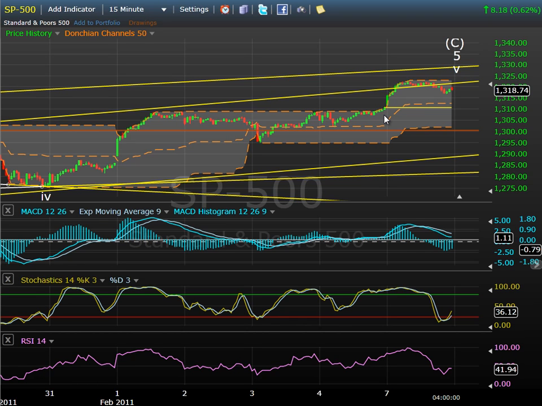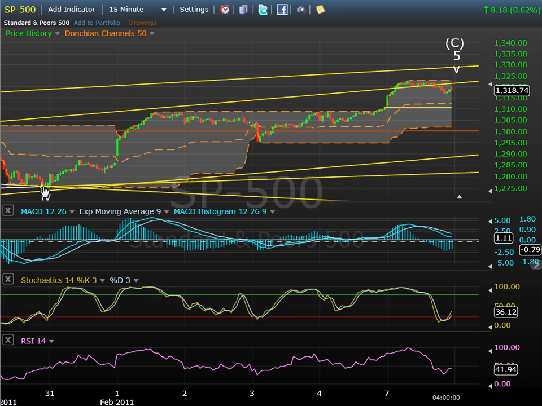We're here looking at the S&P 500 stock index in the 15-minute time frame. We're also going to be looking at the Volatility Index as well. First, let me draw your attention right away to the wave structure. That again has us completing a wave 4 here at the end of a running flat correction. Very difficult to pinpoint, but that's why this looked like a first impulse wave down, because it was 5 waves down. But unfortunately, it was the end of a running flat, not the end of this rally.